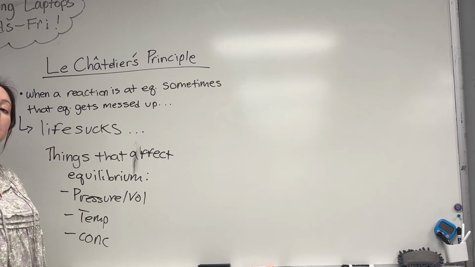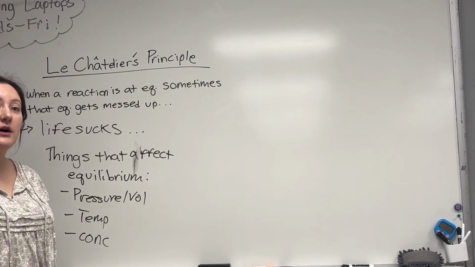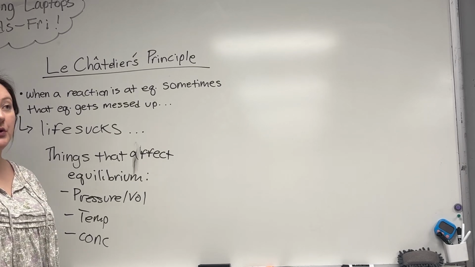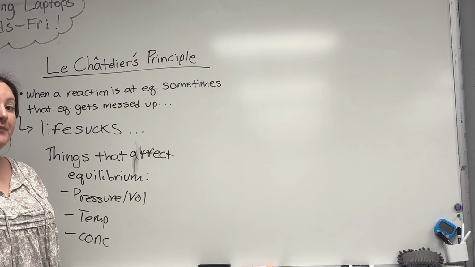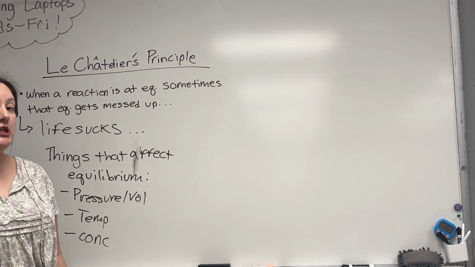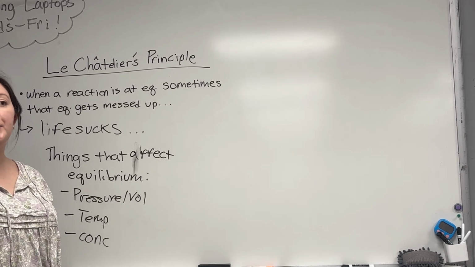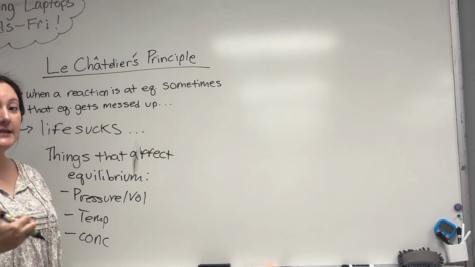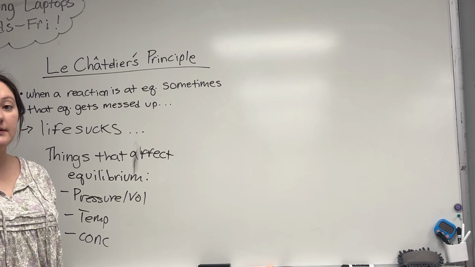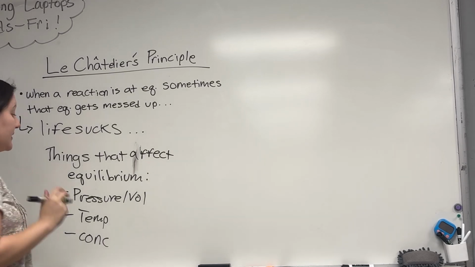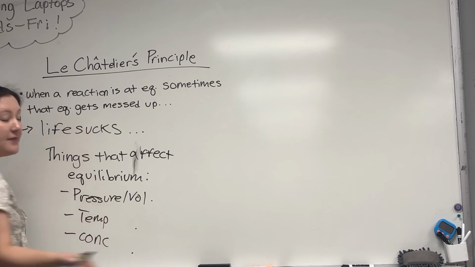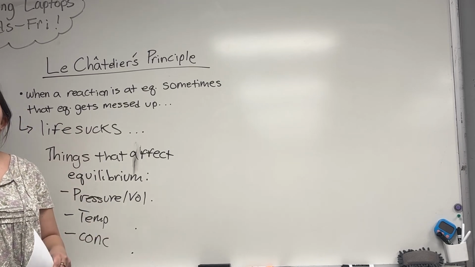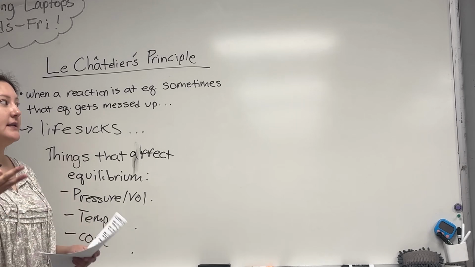Remember when we first did our equilibrium expressions on Monday, Tuesday, and I told you that you can basically not include solids and liquids for a specific reason? This is why. Their concentrations don't really change. Think about something solid or a pure liquid, right? Those concentrations aren't going to change. Concentration can change for gases and things that are dissolved in water or ions, such as something aqueous. So that's the reasoning of why. All right, so those are the three main things, and then we'll see how all of these types of changes affect the reaction and what the reaction does to correct itself.